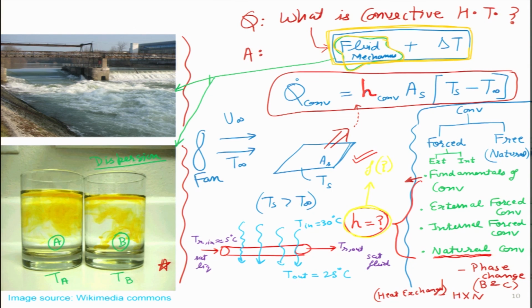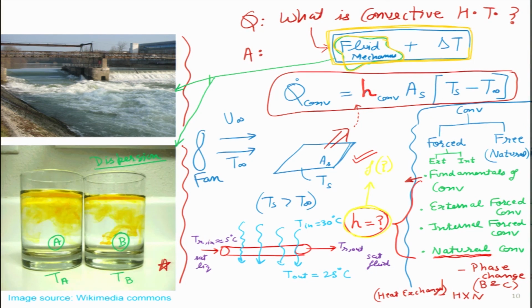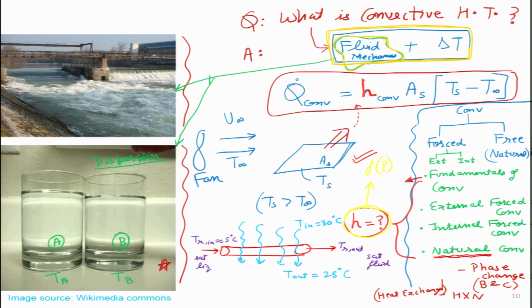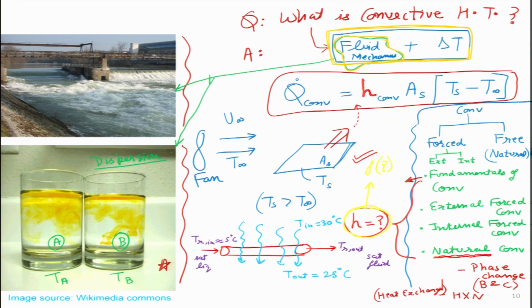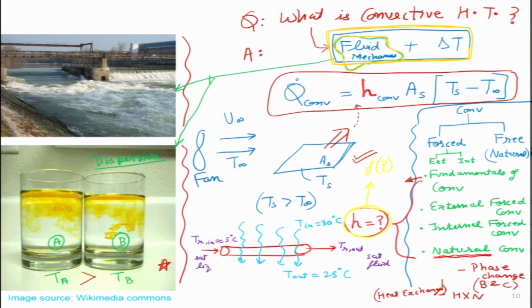So, both were pure water, then we add some sort of a yellow color to it, then just by diffusion that actually spreads throughout, and we can see that it is spreading more in A than in B. This is one of the ways we can get a hint that usually this diffusion is linked with Brownian motion, and this is one of the reasons that I can add some sugar to my milk, and even without stirring it, if I leave it maybe for half an hour or so,